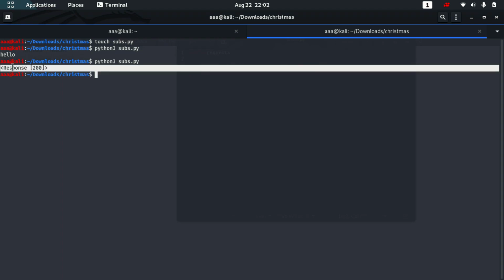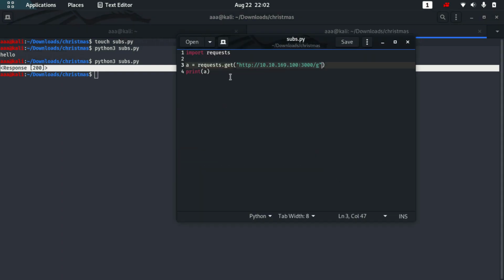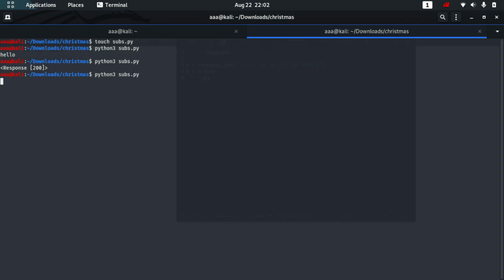See, I got a response 200. Response 200 means okay, you can access it and it's working, it's fine. Now I'll do one more thing. This is just the response code and I don't need the response code. So I'll do B is equal to this A element, request.text, and here I'll print B, and again I'll run this.